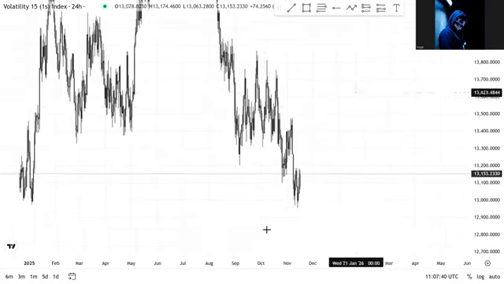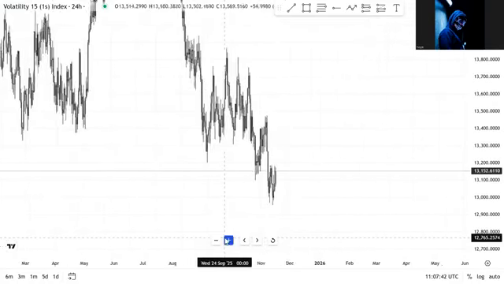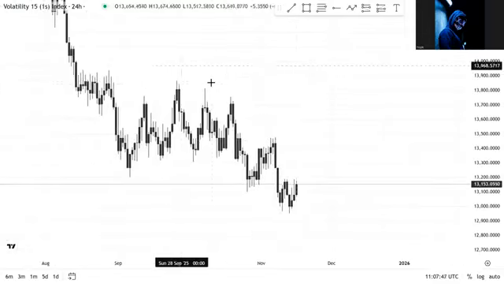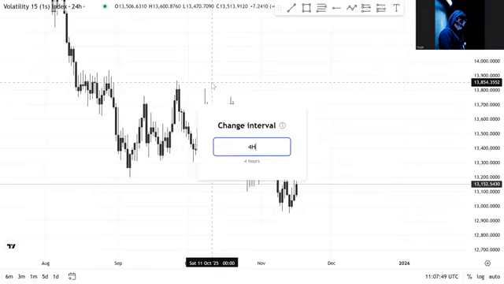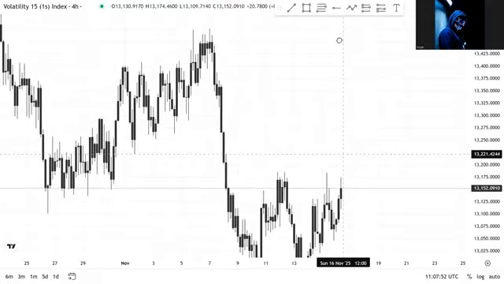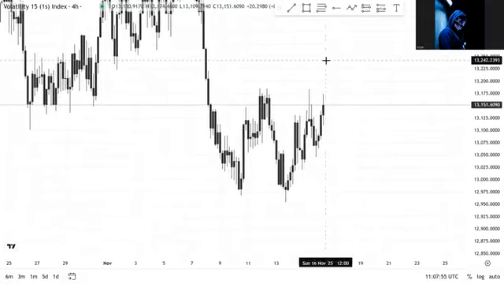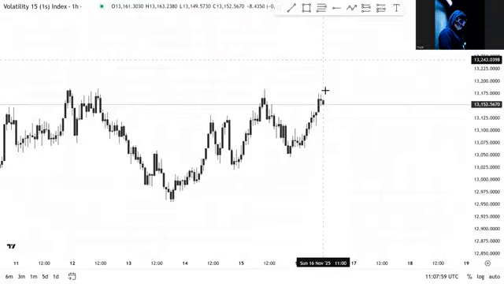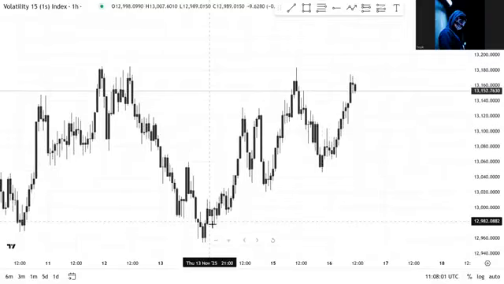This is the daily time frame. Yes. We are currently bullish, right? You can see it very clearly. Currently bullish on this market. And what we're looking for is obviously